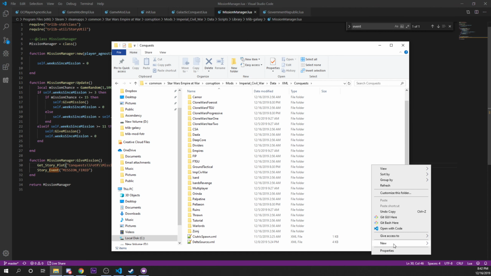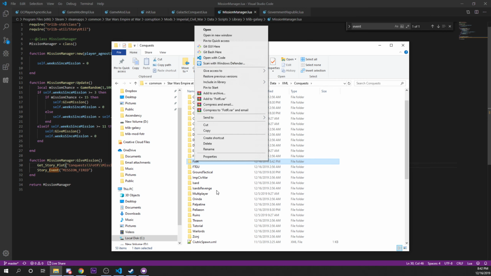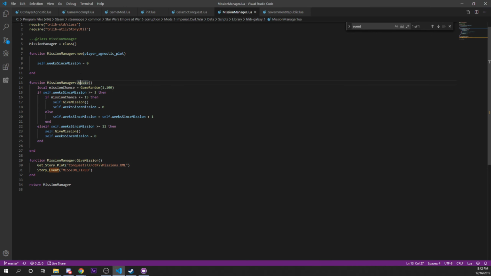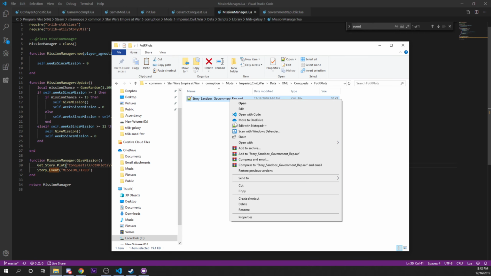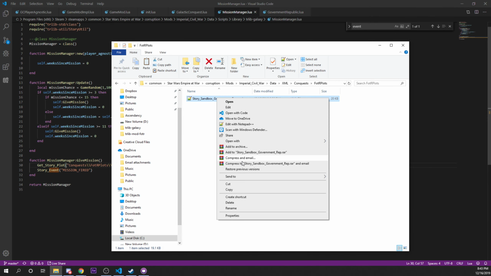Conquests, we need new FOTR plots. And then I'm just going to drop this file in there. And I'll call this mission handler. I don't even know if I'm actually going to use that for anything, but